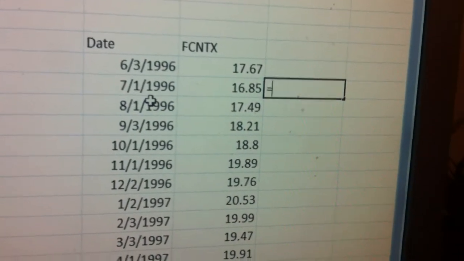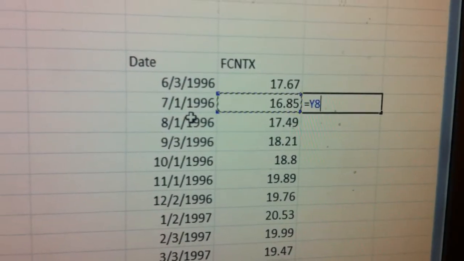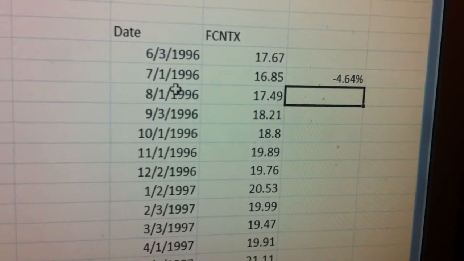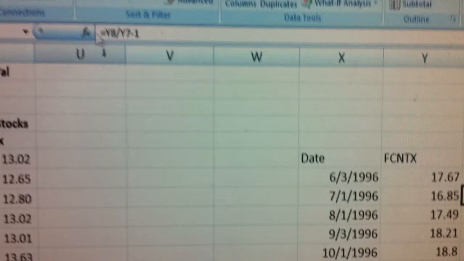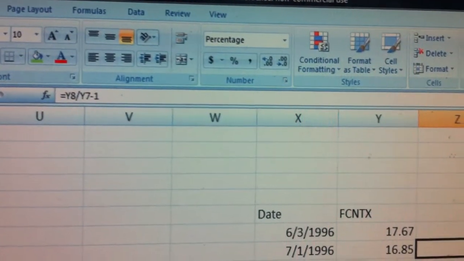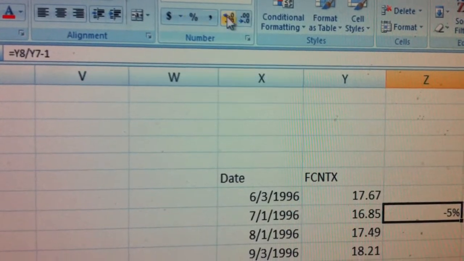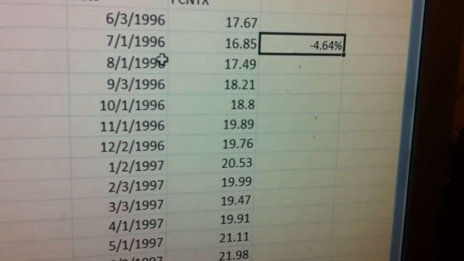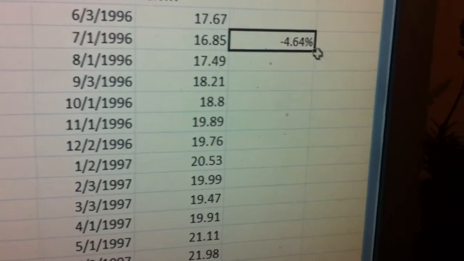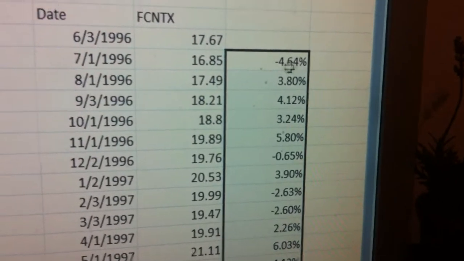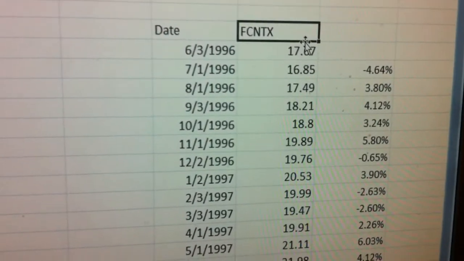So remember that is we do equal the July price divided by the June price minus 1, and that will give us a return. You can see it's already formatted to percents, but if not, you can just go Home, click on percent, make it 2 decimals, and there's our return. That's the return for July 1996. If we hit just a corner of that, we'll copy it all the way down. So that gives us